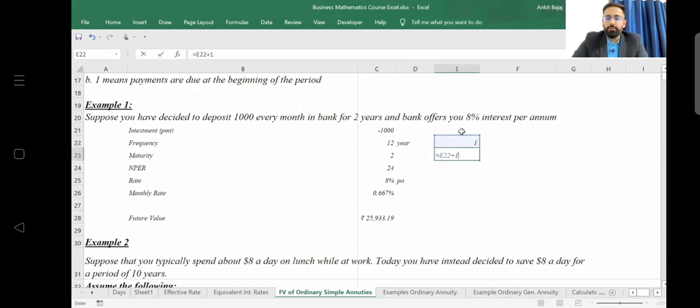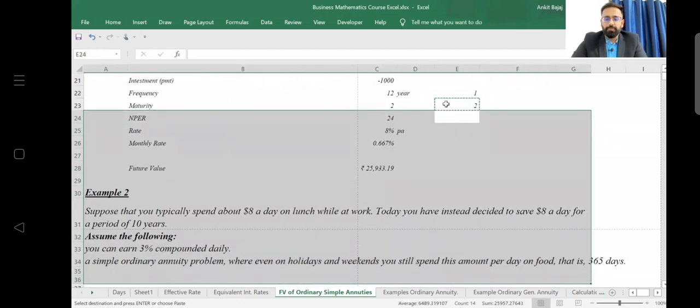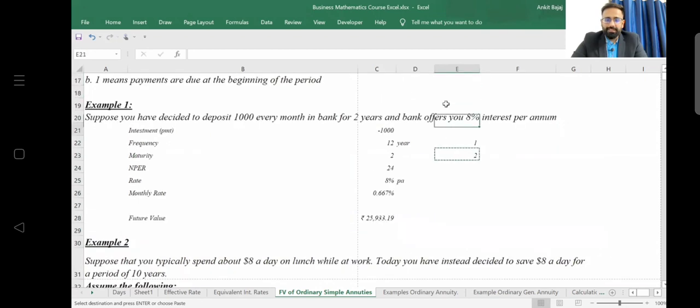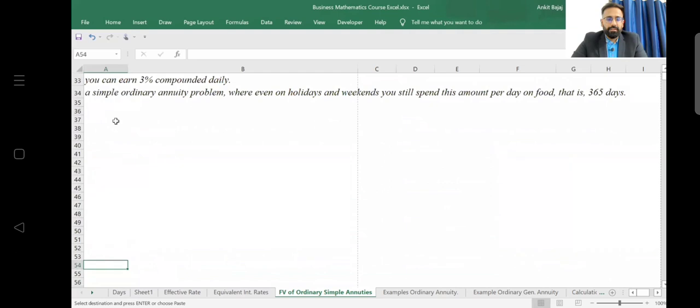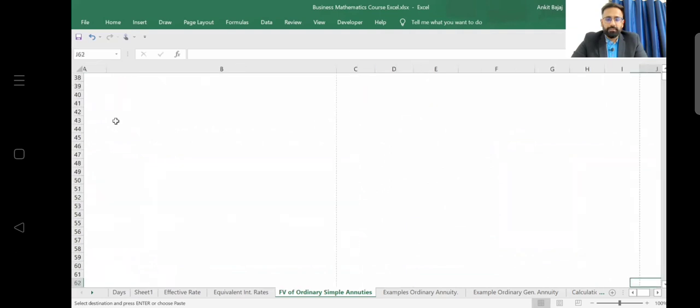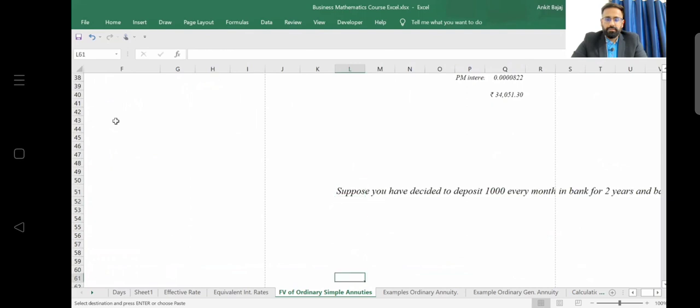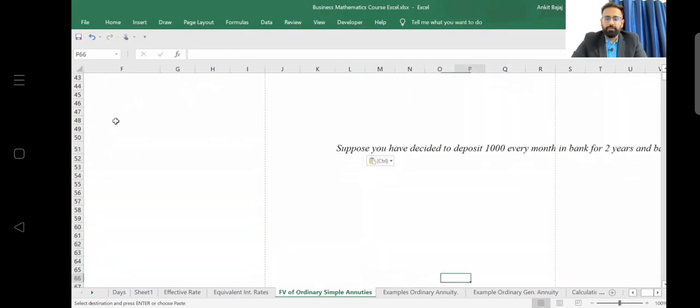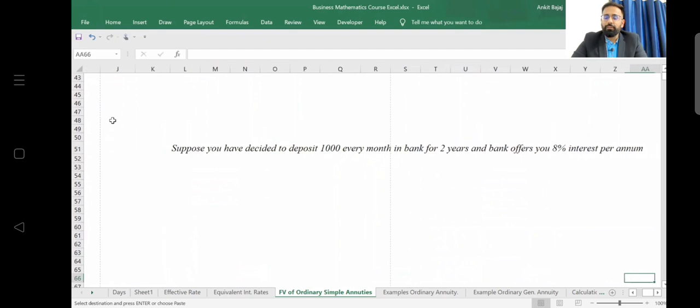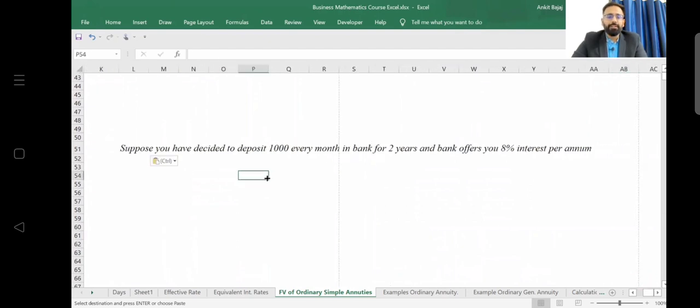What usually people do if they don't know the formula, how they calculate their future value of return. Sorry, here space is less. I will copy this question and tell you the long cut method. Suppose you have decided to deposit 1,000 every month in a bank for 2 years, and the bank offers you % interest every month. So for 24 months, you will be depositing